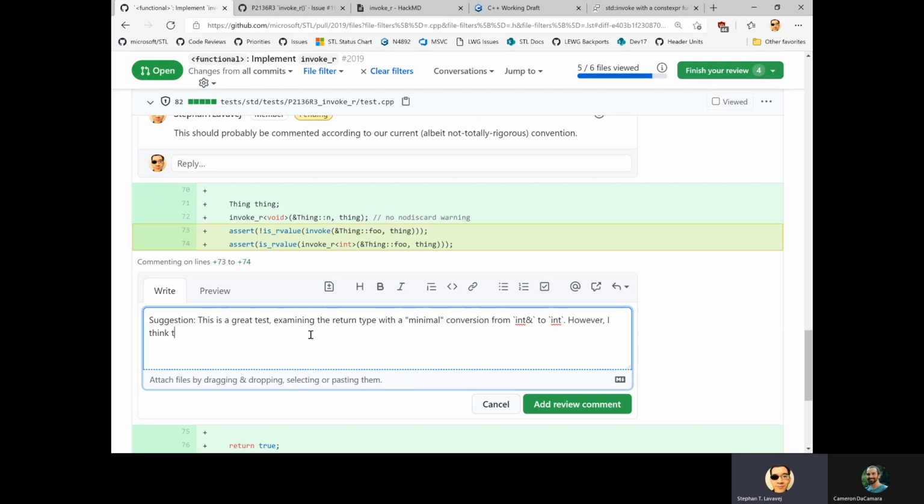However, I think that the is R value machinery followed by a runtime assert, albeit later static asserted with the context per function, is